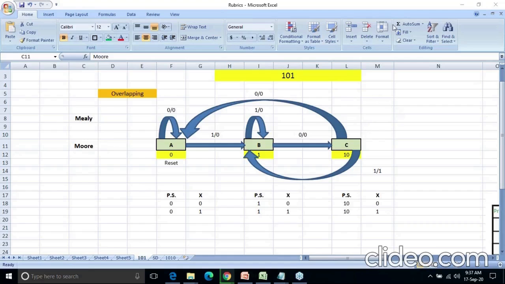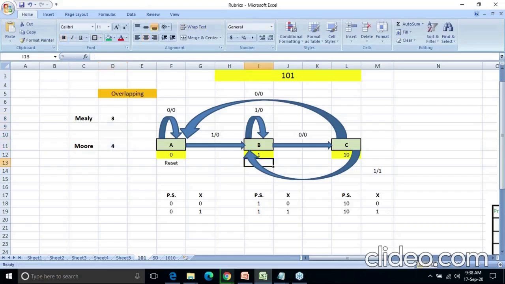Understand? I'm again repeating: if you implement this particular sequence detector using Mealy, you require as many states as the bits you have in this sequence detector, and in Moore, you require one more extra state to define the same sequence to be detected in the Moore FSM. So for implementing the Mealy type of circuit for the 101 sequence detector, I require 3 states, but for implementing the same using Moore, I require one extra state, that is 4. Hope the things are clear in your mind now. Keep a note of this.